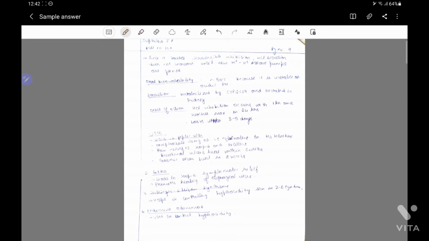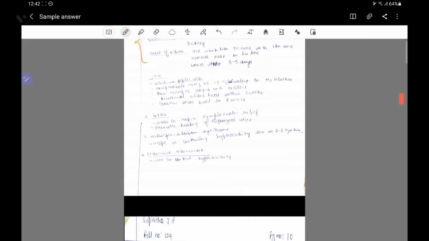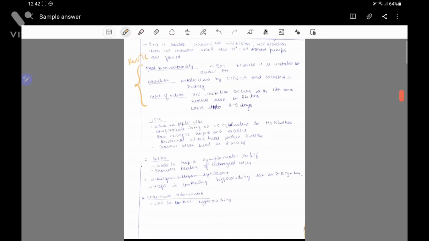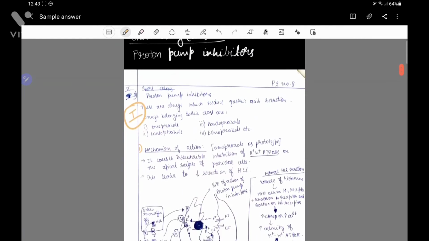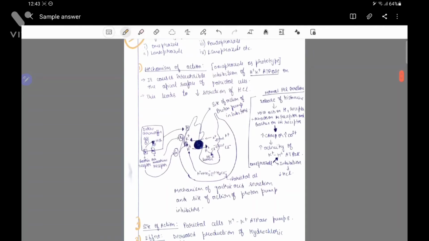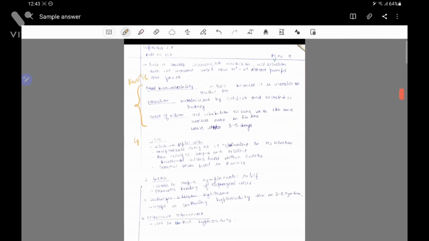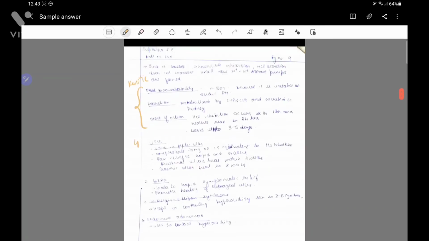I think all of this was supposed to come under kinetics. I have missed that heading, so this would have come under the kinetics of the drug. So that would have been the next heading, and then there's uses and adverse effects, right? So I have made these subheadings, and you can see under each subheading I have explained a few points, but